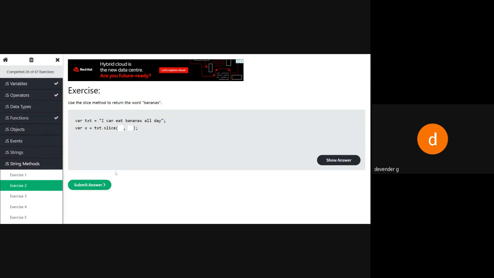Now use the slice method to return the word bananas. In the sentence, I can eat bananas all the day, I should find where the banana is. It should pick that up and print it on the screen.